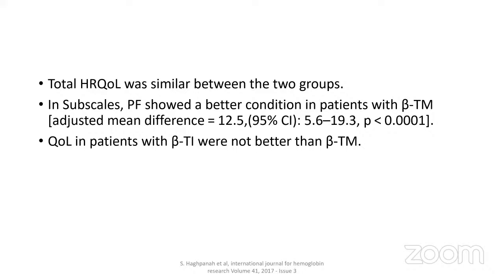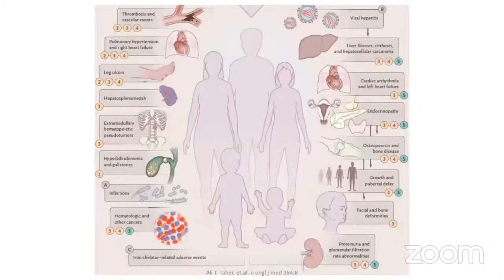And they reported here that the quality of life, at least we would expect it would be better or the same. So we have a report that thalassemia intermediate, non-transfusion dependent thalassemia, had either worse or not better quality of life reports. And all of those are reports from a questionnaire, so usually the patient responds or their caregiver. So I would conclude at the end by saying, when we look into this